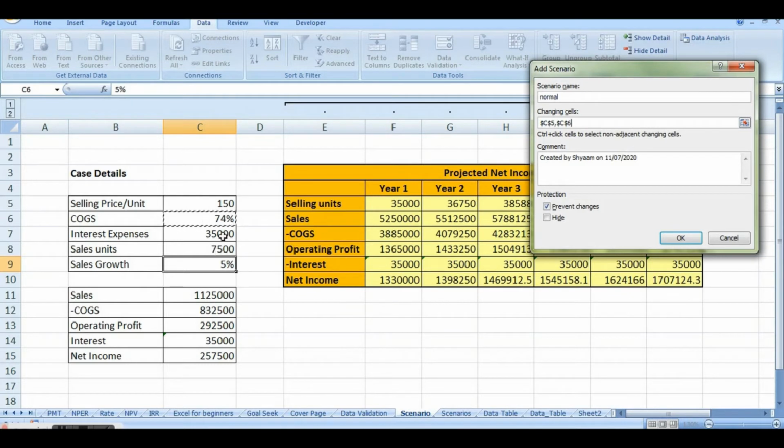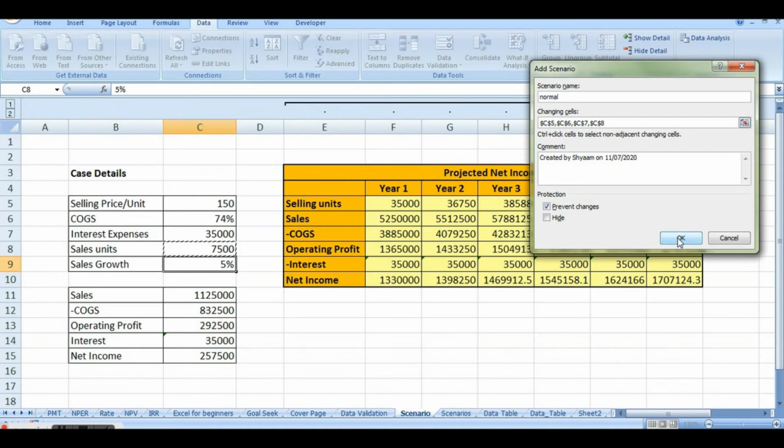I want to see the change in interest expenses and then I want to see the change in sales growth as well. So 4 variables you can see at a time that you want to see changes in. Presently we are considering only 4. You can create 5 variables or 3 variables as the need may be.